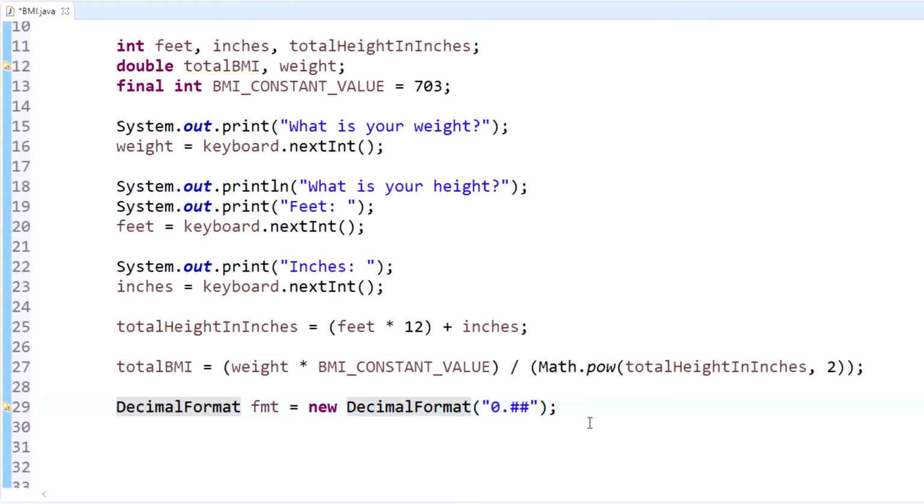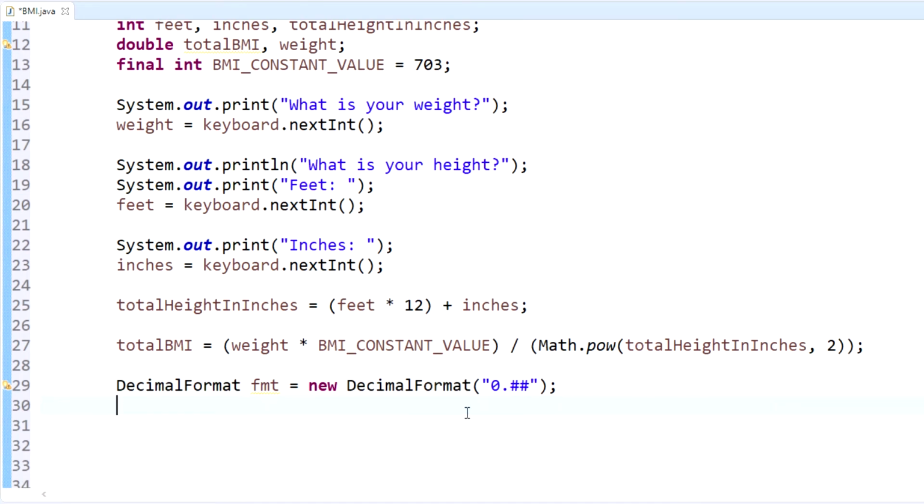All right, and then I'll show you how to use it. But now that we have it all set, we want to output whatever our result is. So we're going to sysout, system.out.println, and this is where we're going to put our output. So we're going to put your current BMI is, and then